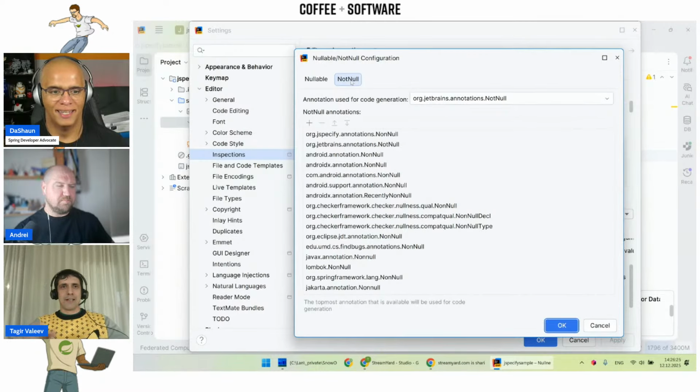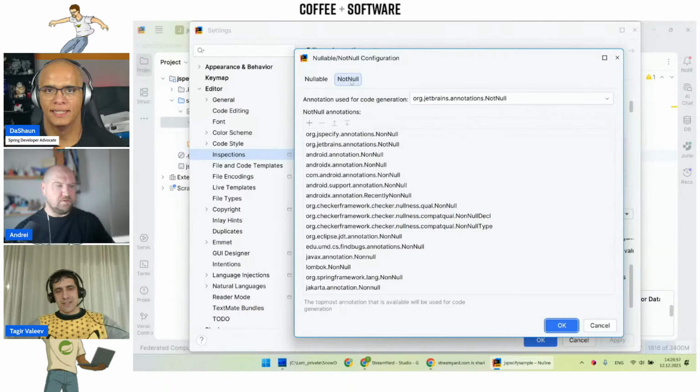So when JSpecify first appeared, there were a lot of jokes, like that XKCD comic about there being 14 standards, it's awful, and we have to invent a new standard, and now we have 15 standards on the market. But hopefully things will be different now. Hopefully all other annotations will eventually die, and everybody will use JSpecify.